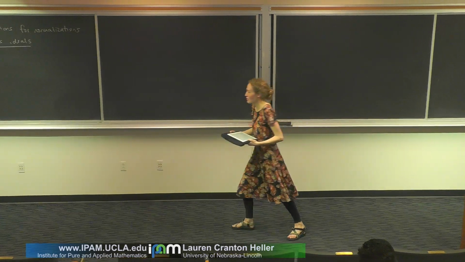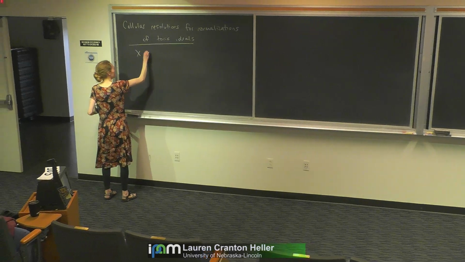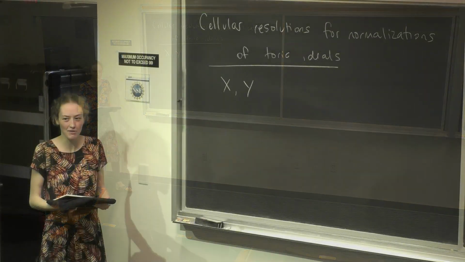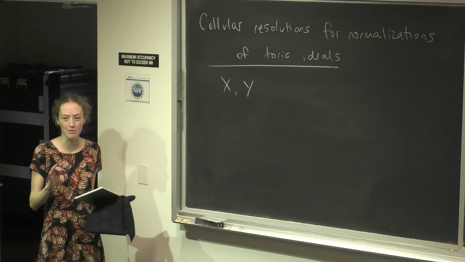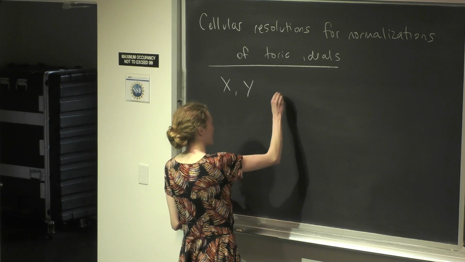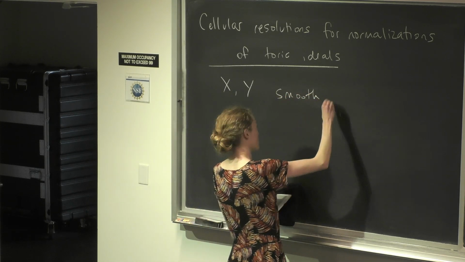I'm going to start with a bit of geometric motivation, and we're going to get to combinatorics later. I really do more commutative algebra, so it's going to be fun. There might be things about the combinatorics of this that you will be able to tell me that I don't already know. So we're going to start with two smooth projective